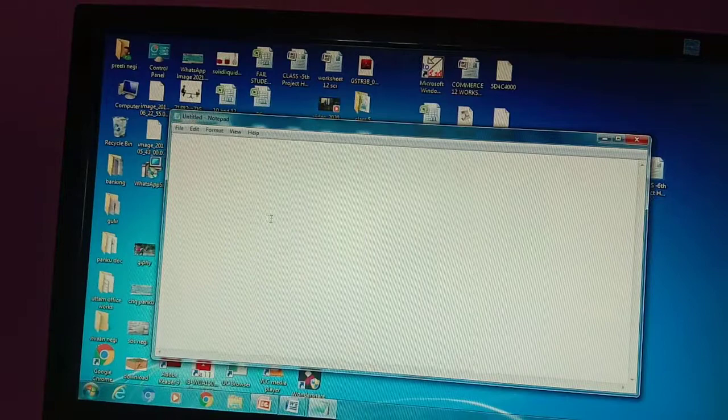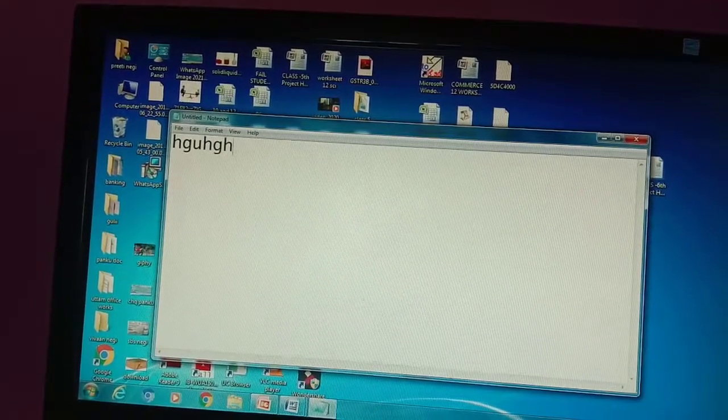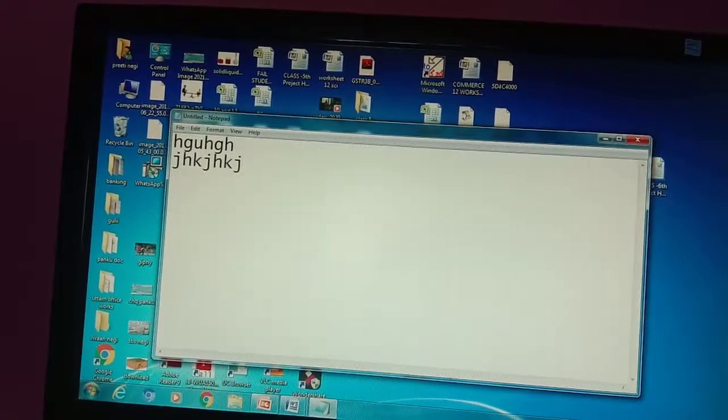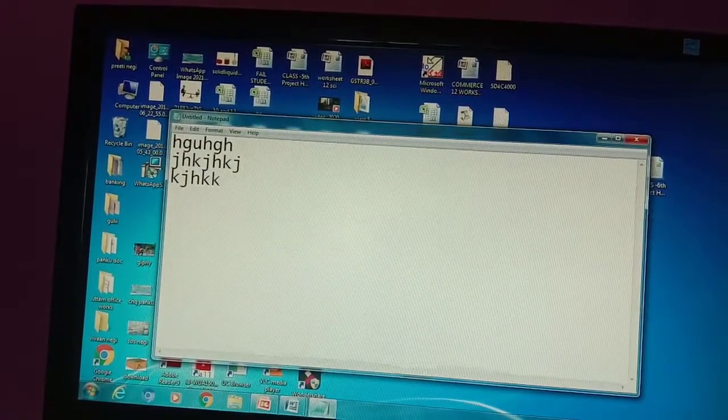This is your Notepad. Here you can type whatever you want to type. Okay, you can make your notes here. It is just like Word. You can type anything. You can make a document in Notepad. In Notepad you can type anything that you need to remember. You can make notes here, just like your notebook. So this is an accessory available with your Microsoft Windows 7. A Notepad where you can make a document. Okay, you can create a document.